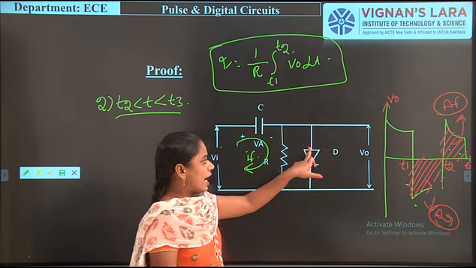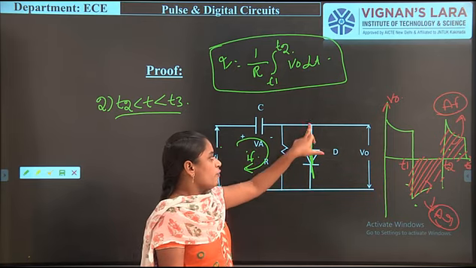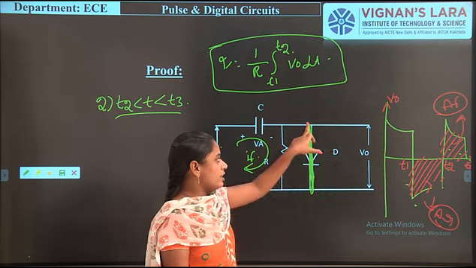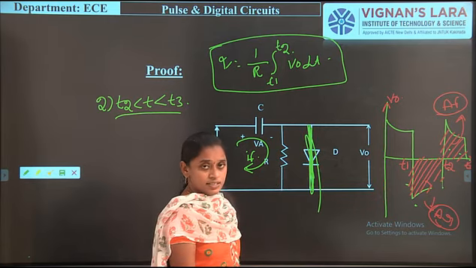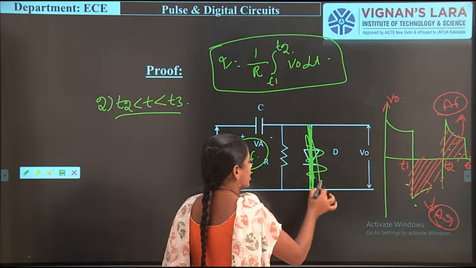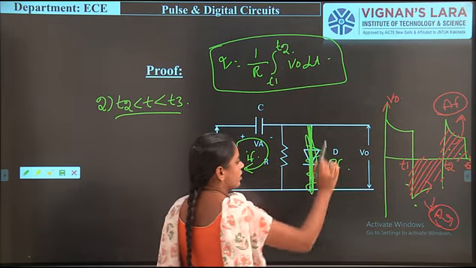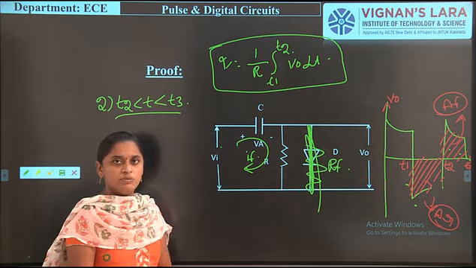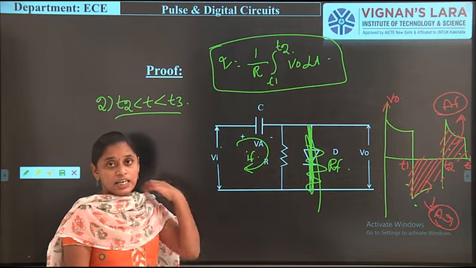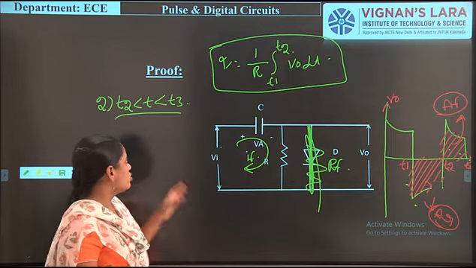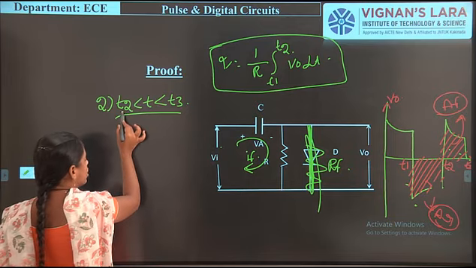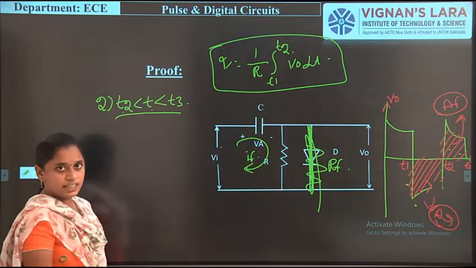And in this time the diode is in on condition. When the diode becomes on, there is a resistance, known as forward resistance, RF. In place of the diode, we replace it with RF along with V gamma. So we take RF, and based upon that, in this time, the condition is T2 less than T less than T3.